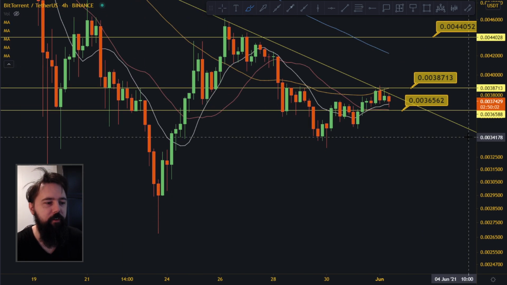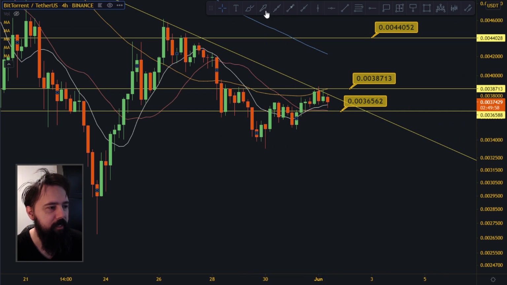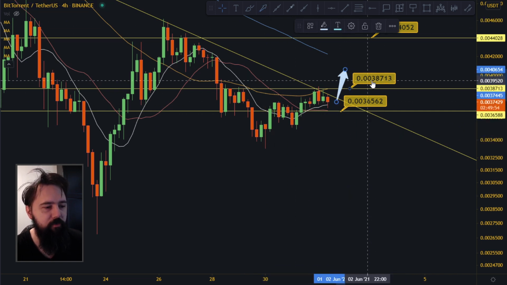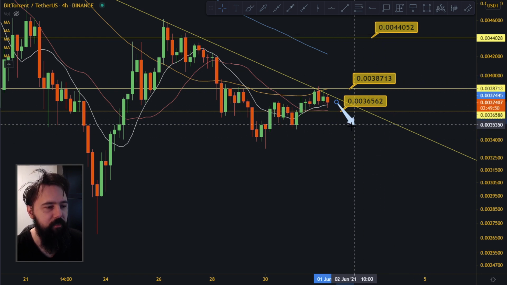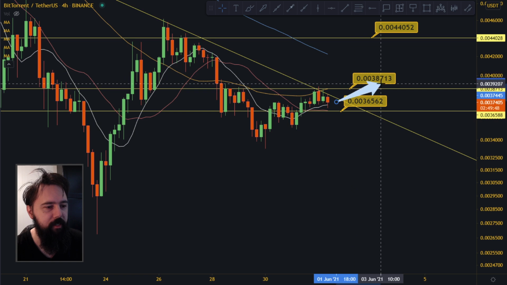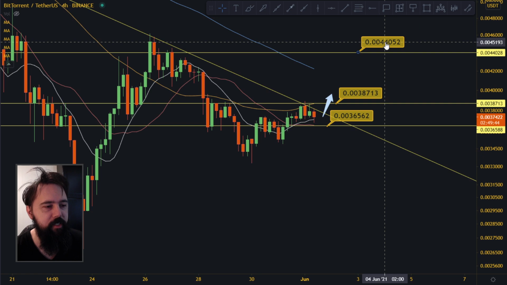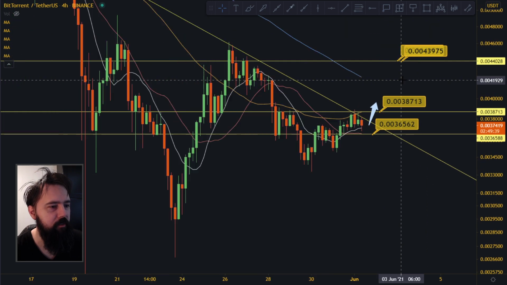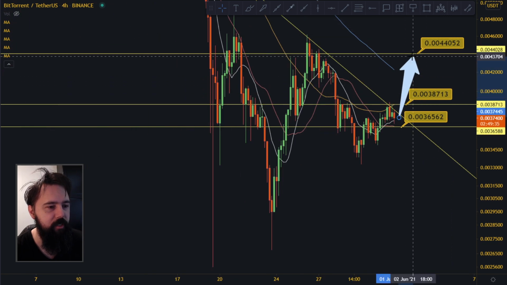Right now sitting at some kind of 37 levels, so you get a 36, 37, 38. It's not a lot of room to go, but one of these moves will have to happen, and whichever move does happen, that's the direction you go to. So just remember 38.7 to the upside, 36.5 to the downside, and if we go to the upside, the resistance should be at 0.044. It's a big resistance, or we've got to eventually break that when we start getting into those levels up there.